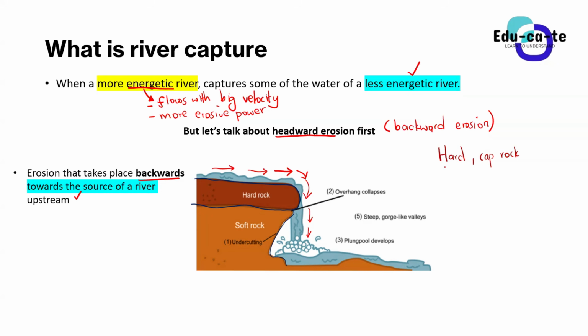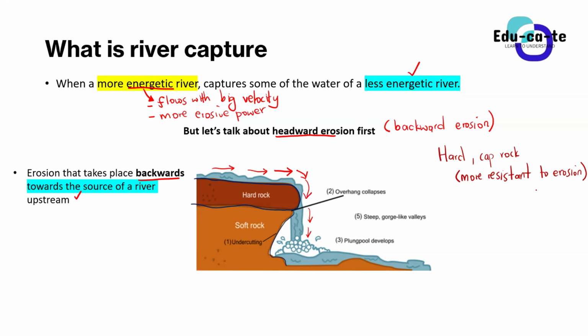So basically it is igneous rock, because remember the igneous rock, guys, it is way stronger, and it is more resistant to erosion. So it is hard cap rock that is more resistant to erosion. It means that this rock is not easily eroded, or not easily washed away. It's not easily broken away.